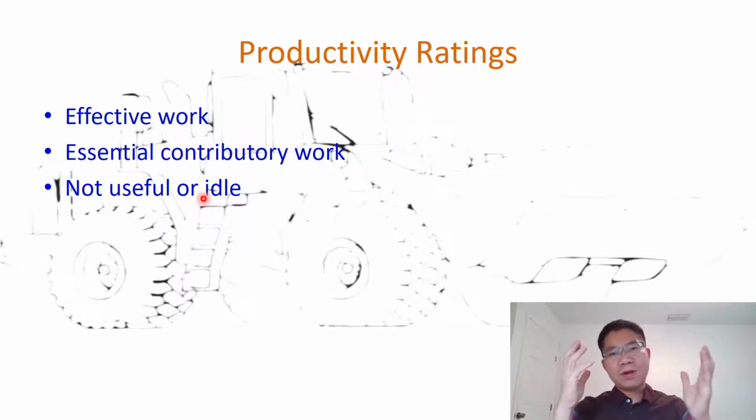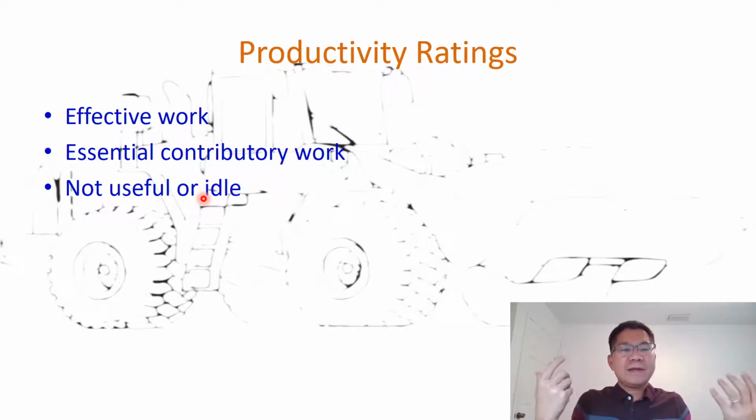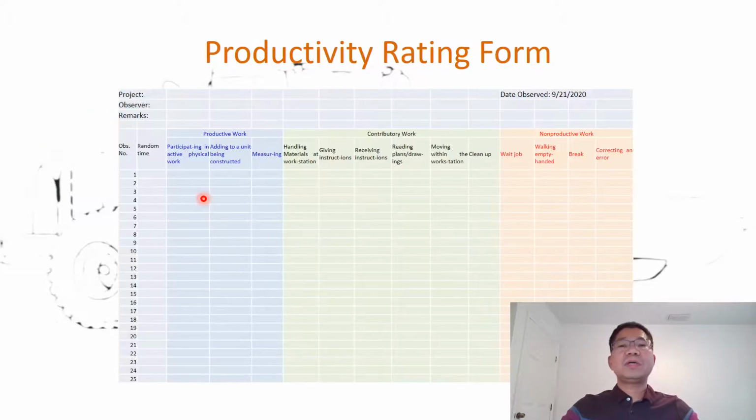When you see someone not doing anything, just standing there, if they are supposed to do the work but are idle, then it is easy to tell. But what is the difference between effective work and contributory work? The form in this lesson that you find on Canvas, and of course I show here,